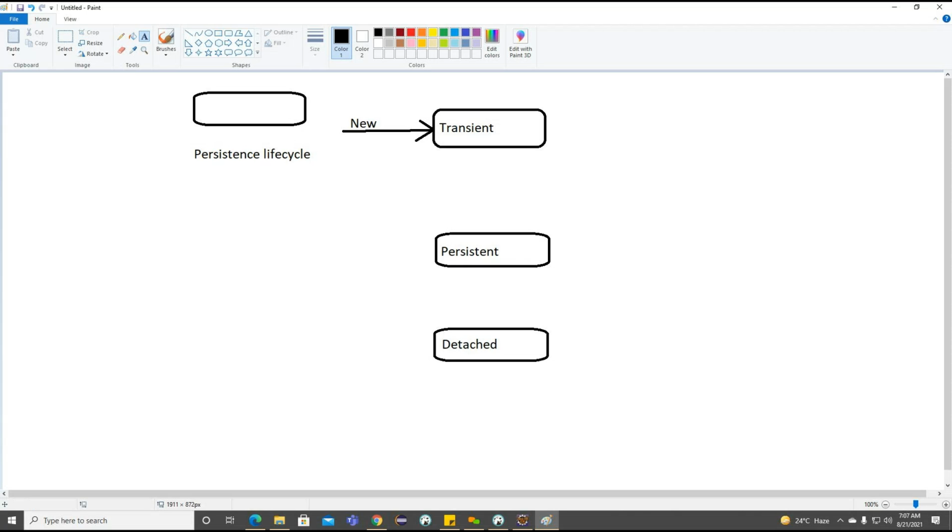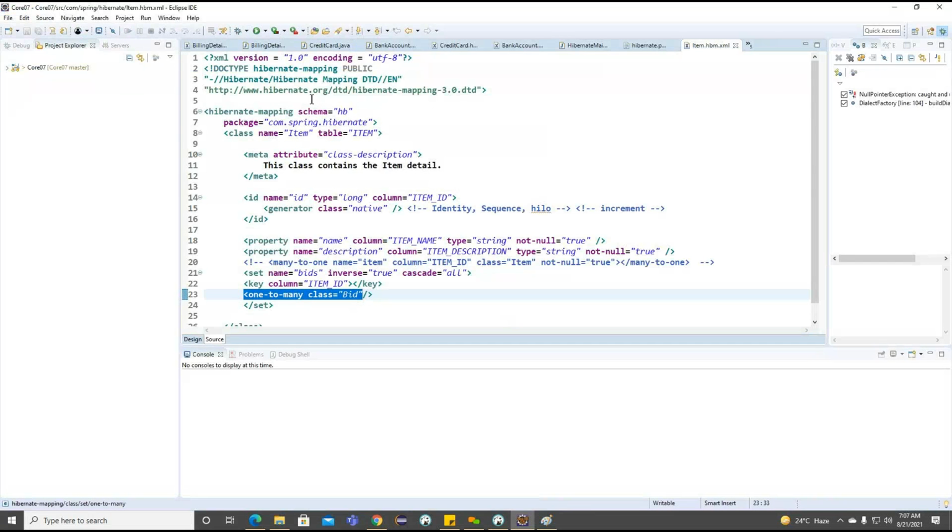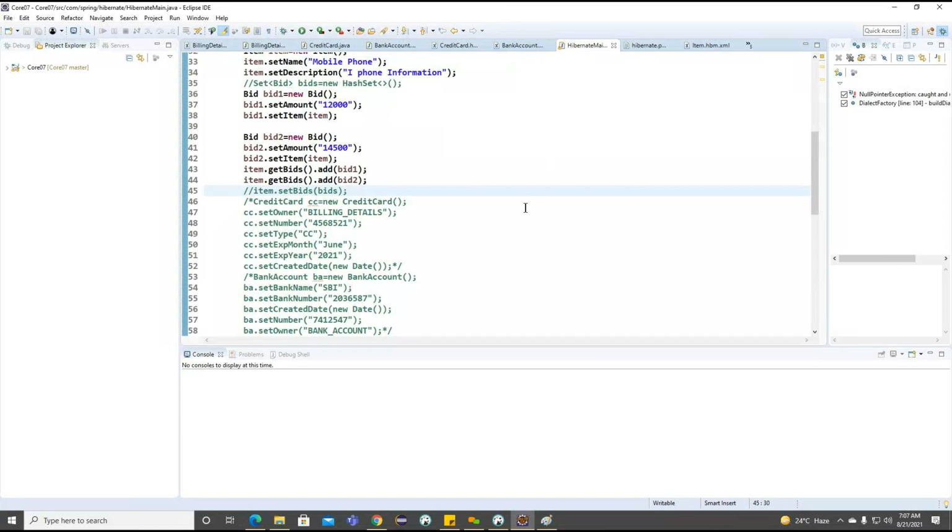Whenever we create an object with the help of the new operator, it is immediately not connected to any database. Let me open our main class here. Now what I'm doing here is creating a bid object with the help of the new operator.